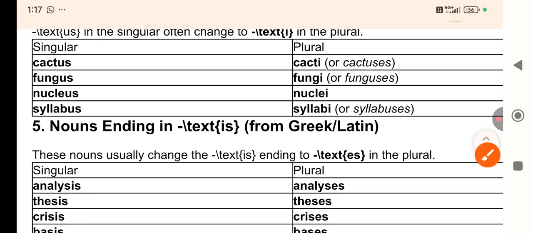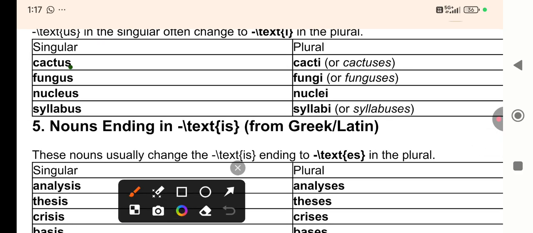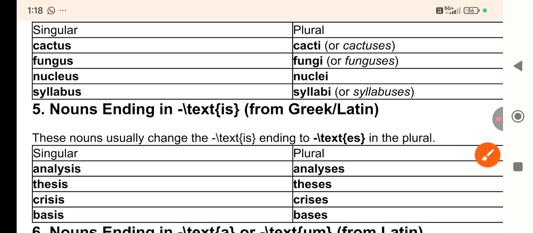All us becomes i. How? Cactus, cacti, us will be replaced by i. Cactus, cacti, fungus, fungi,